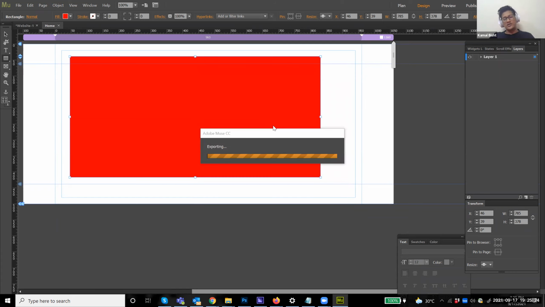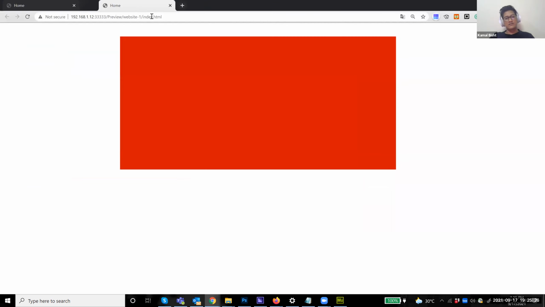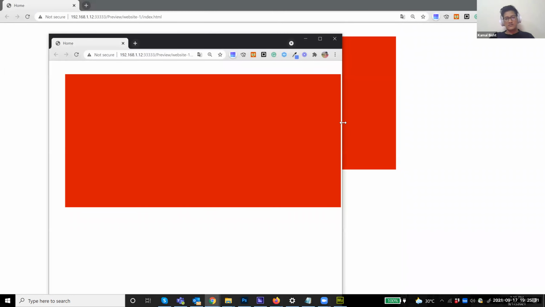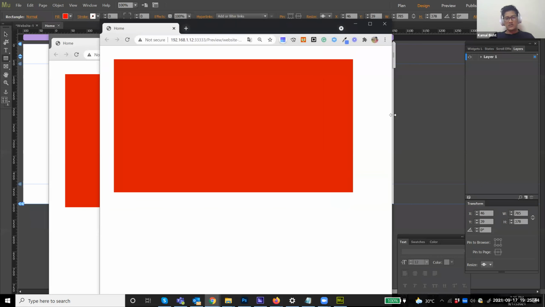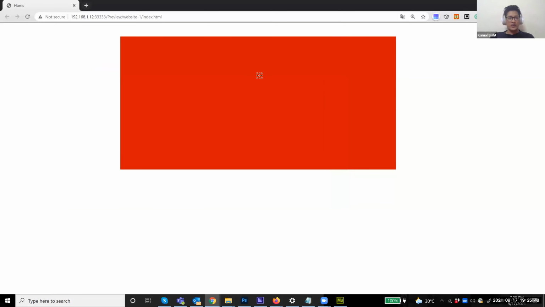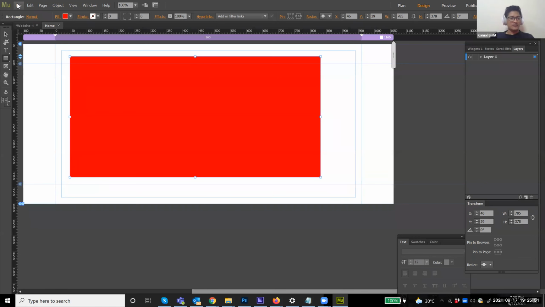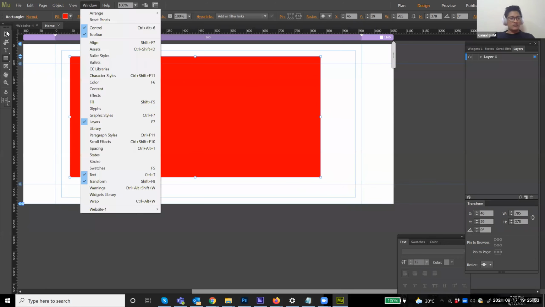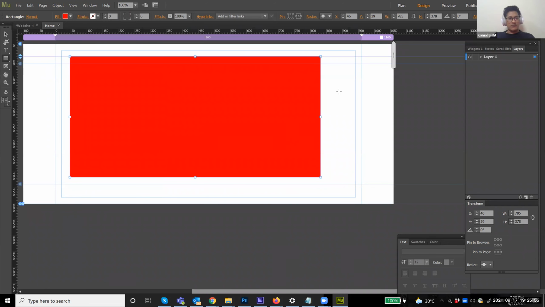then I publish this. Now you can see, this is fixed. You can't reduce the size because it is fixed. That's why, and that was our fluid width. So these are the two differences between fluid and fixed width. Okay, and one more thing,